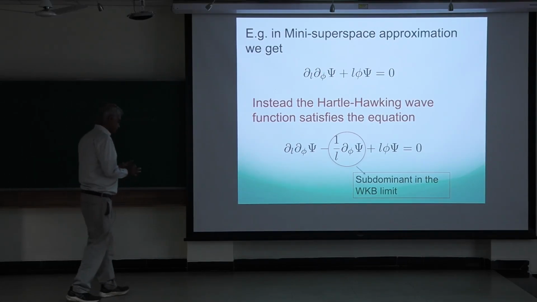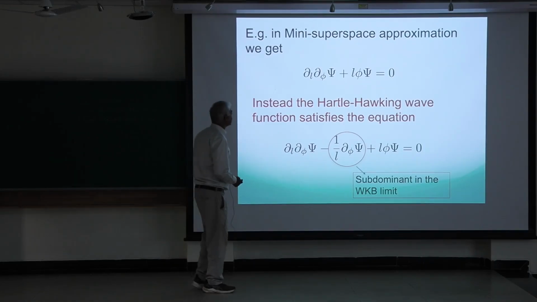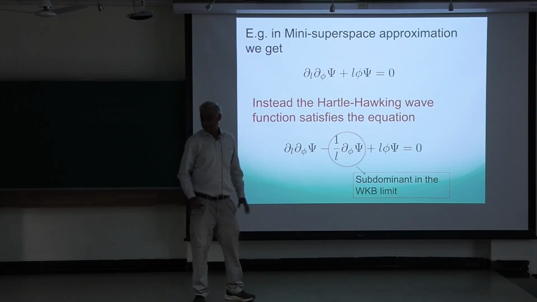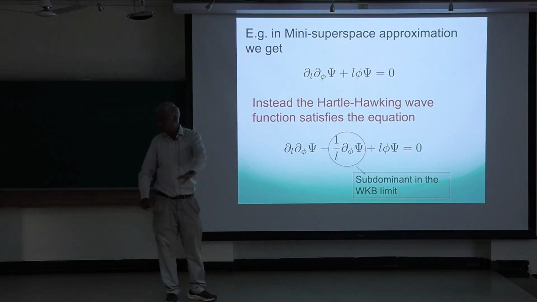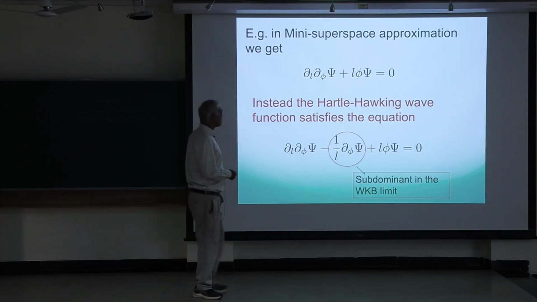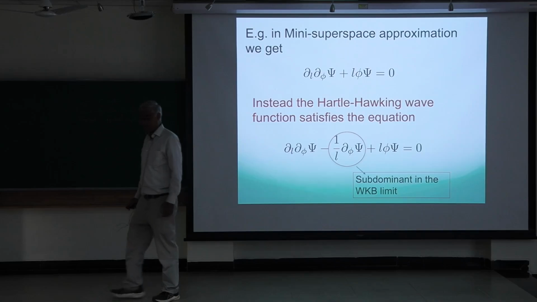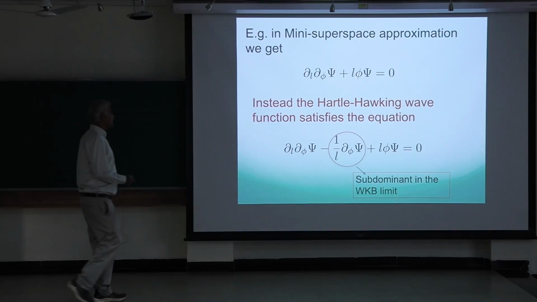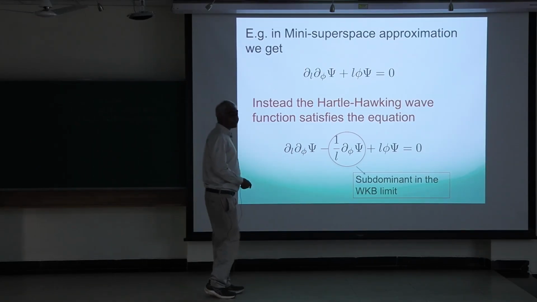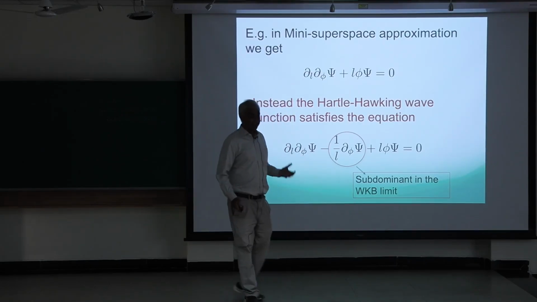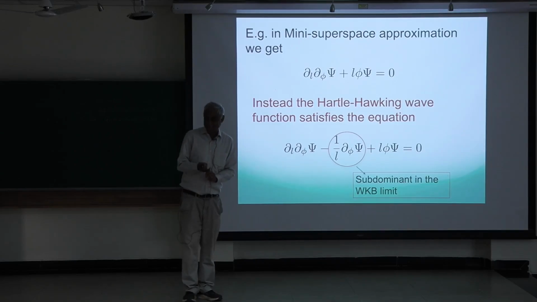Now there's a usual approximation, as you know, everyone plays this game in cosmology, called the minisuperspace approximation. You just say I'm going to reduce the degrees of freedom, just work with constant G1s, constant phis and so on. If you do that, you get a Wheeler-DeWitt equation which takes this form. And it turns out that the Hartle-Hawking wave function doesn't satisfy this equation. And we know the Hartle-Hawking wave function very well, we know it exactly here. Taken literally, if this equation were correct, that means the Hartle-Hawking wave function doesn't satisfy the time reparameterization invariance constraint, which is a gauge constraint in the theory.